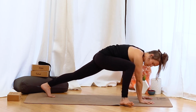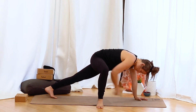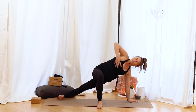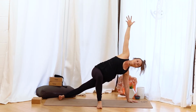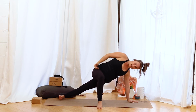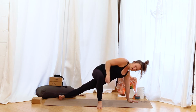And then you're gonna start to wiggle that foot down, halfway down your mat. The toes turn out. You're gonna spin onto the heel of the back foot. And then inhale, take the right arm up to the sky into a supported side plank. So your knee is coming directly out from your hip, and then you're creating a nice 90-degree angle with that right